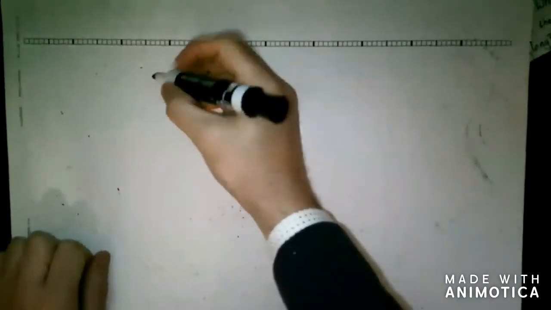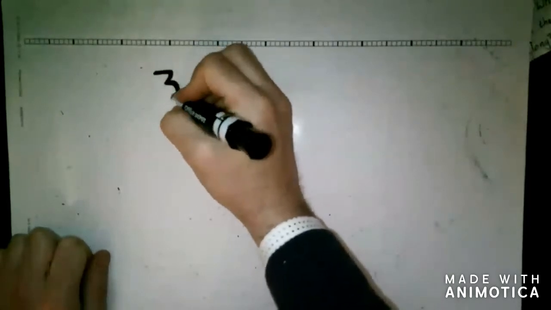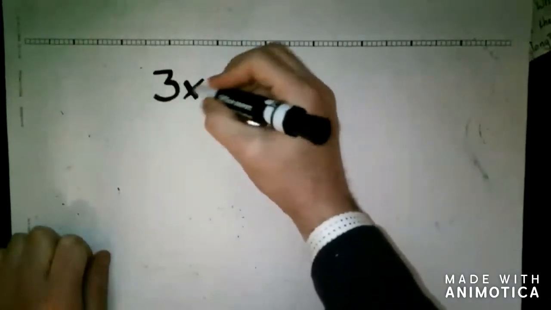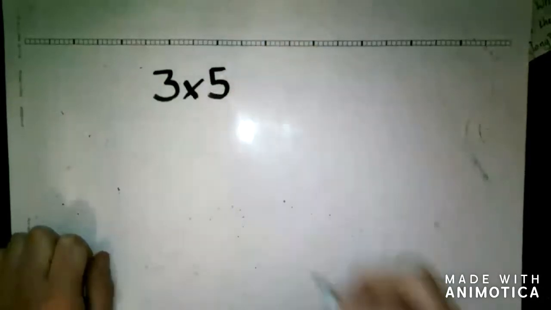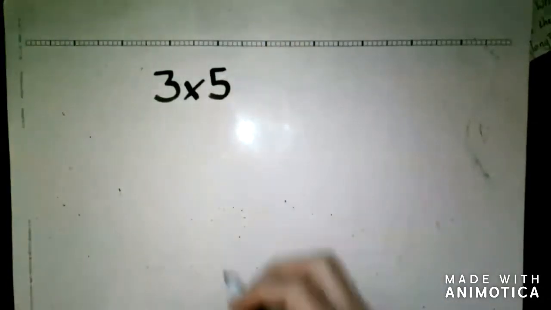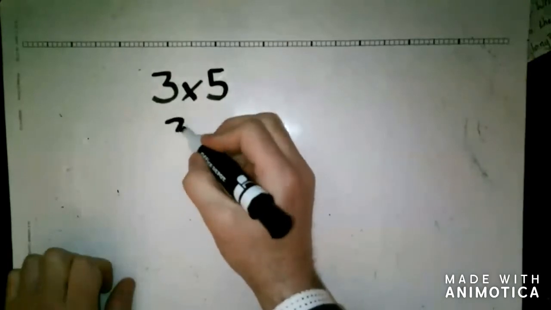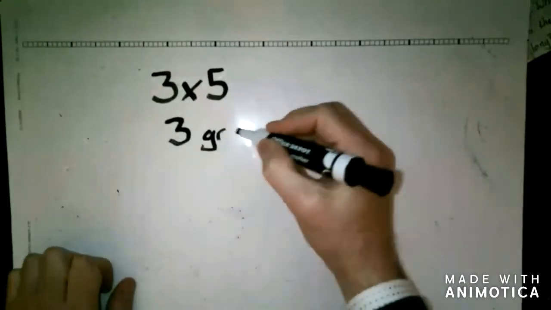Last lesson, we learned about how to read word problems and write situation equations to help us solve them. Today, we're going to spin that around and we're going to work on how to write word problems. And so to begin with that, what we want to do is think about what different equations mean. For instance, if we have 3 times 5, 3 times 5 is asking us to find 3 groups